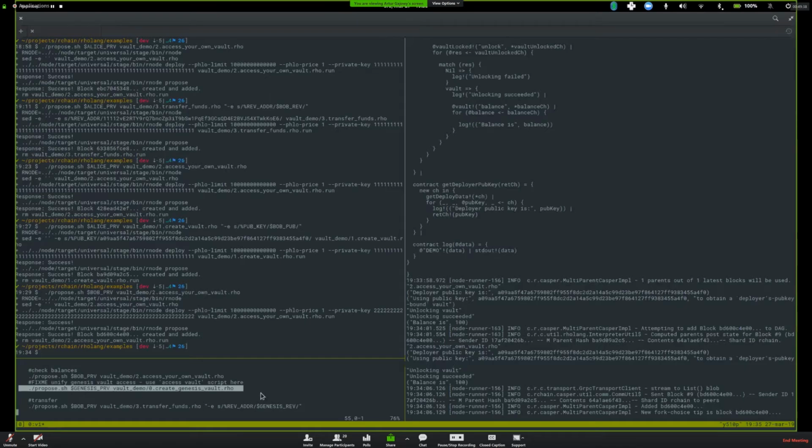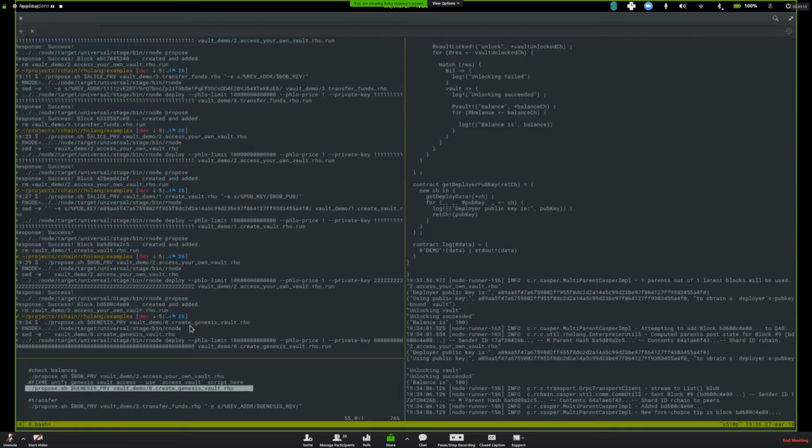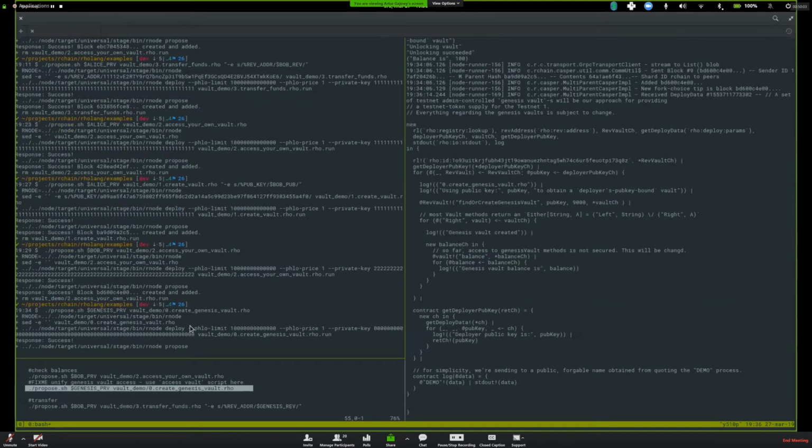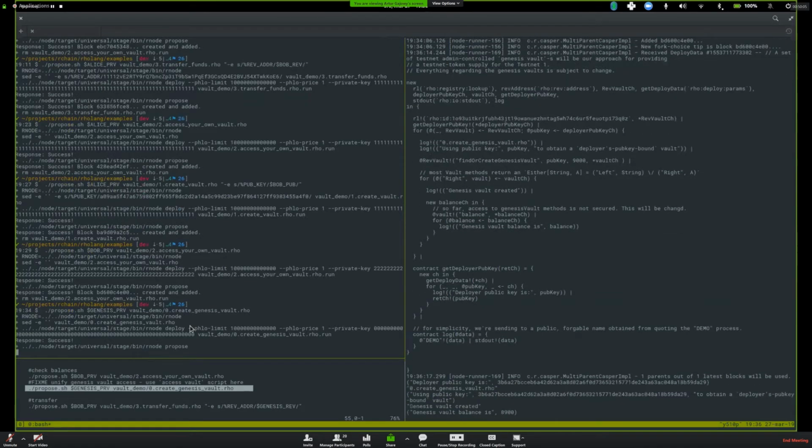That's very much an implementation detail that we are going to change. And second, it won't be accessible to the end users. So that's for that. I'm going to not really create, but just check the balance of the Genesis vault, and